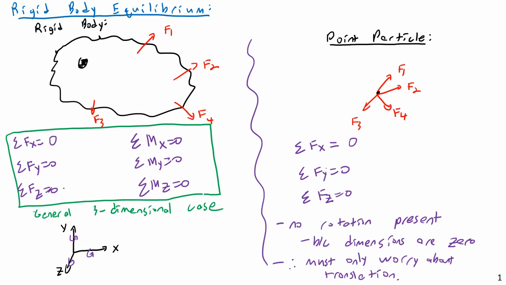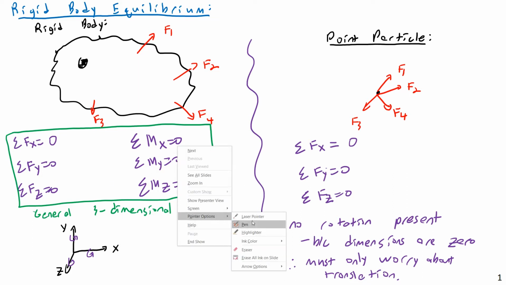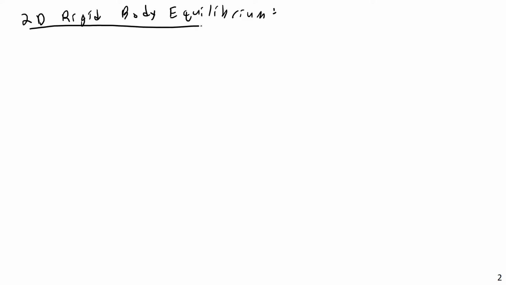We don't just add 2 additional equations because we have the 2 additional dimensions. We actually add three, we double the amount of equations we need. Because in the two-dimensional case, let's look at the two-dimensional case next. Two-dimensional rigid body equilibrium. If you have two-dimensional rigid body equilibrium,